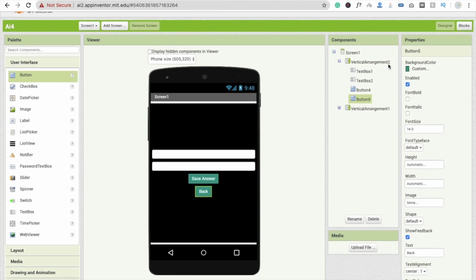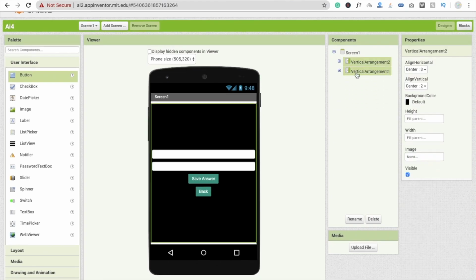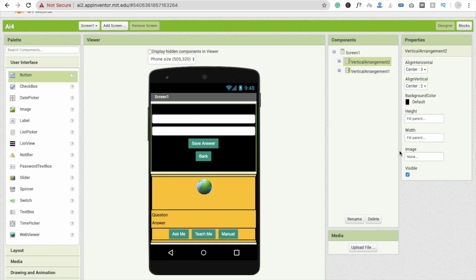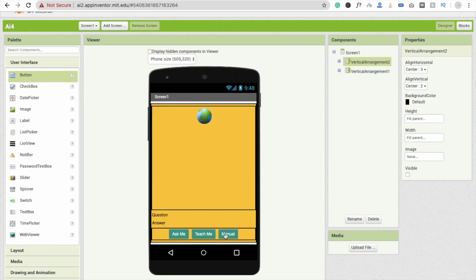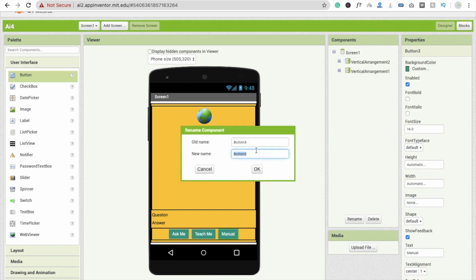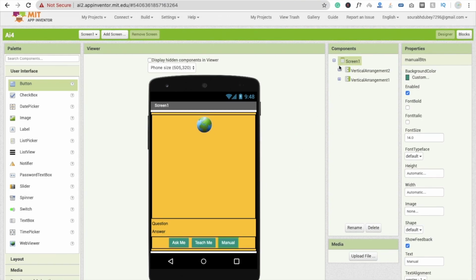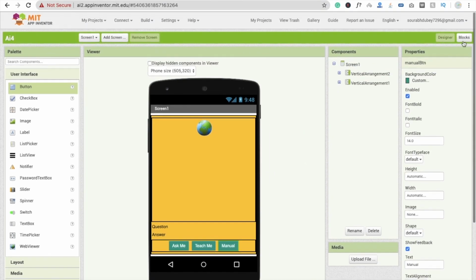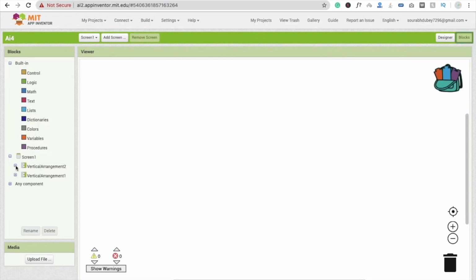So first I'm going to code for the vertical. Click on vertical arrangement, and that one is visible on, make it visible off. So when someone clicks on the manual button, I'm going to rename this button, and that one is manual BTN. Click on OK, and I'm going to the block section here, and whenever someone clicks on the manual button,